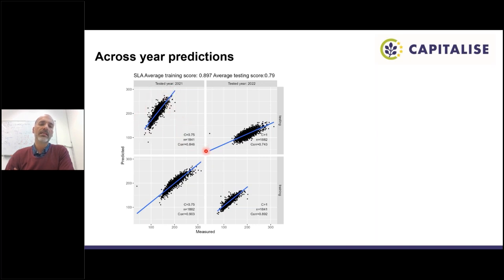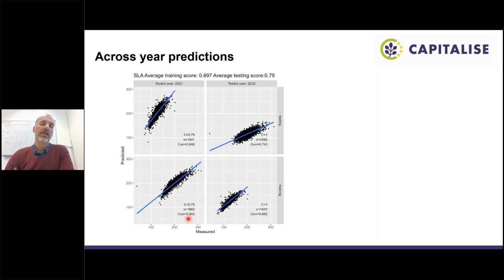And you realize that in the case of the specific leaf area, the correlation drops from 0.89 to only 0.84, which means that the models that are learned in the case of maize are highly generalizable across year for this particular trait,